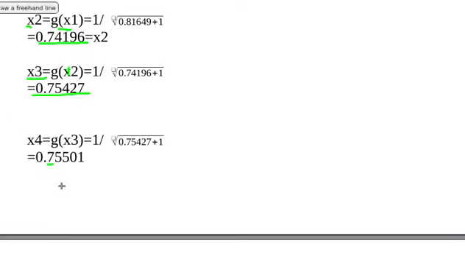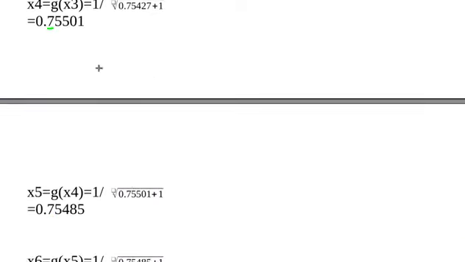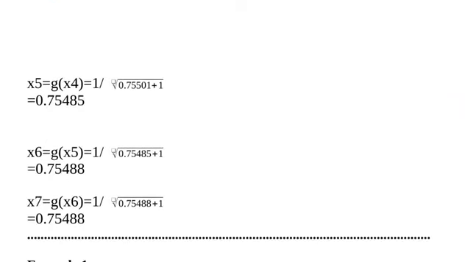In our example we are going to have a precision value up to 4, so continue with the next iteration. In the next iteration you have got 75, here also 75, that is, 2 decimal places of precision. Then continue the iteration till you get a precision up to 4 decimal places. Now see, 75488 in the previous case, and now also we have got 75488, that is, we have reached 4 decimal places accuracy. Now we can stop the iteration.